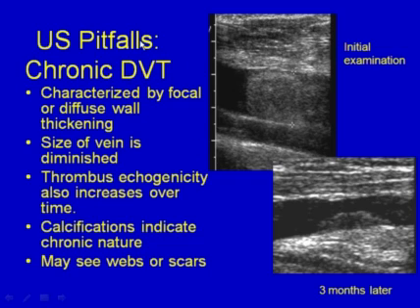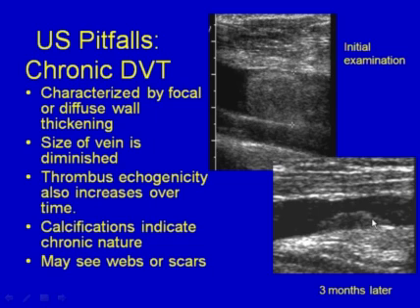What about chronic DVT? That's a pitfall for us. We can characterize that if we see focal or diffuse wall thickening, because of course these patients don't need to be treated. So here's a patient on initial exam. You can see a clot which is expanding the lumen, and then 3 months later you can see that this clot is much smaller and the vessel walls actually are contracted towards one another. So this could be read out certainly as